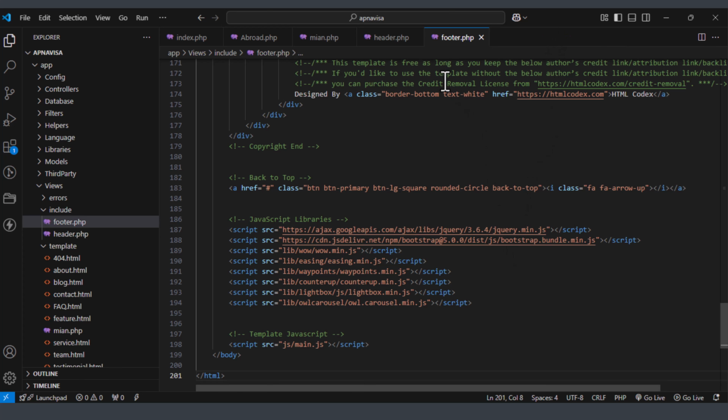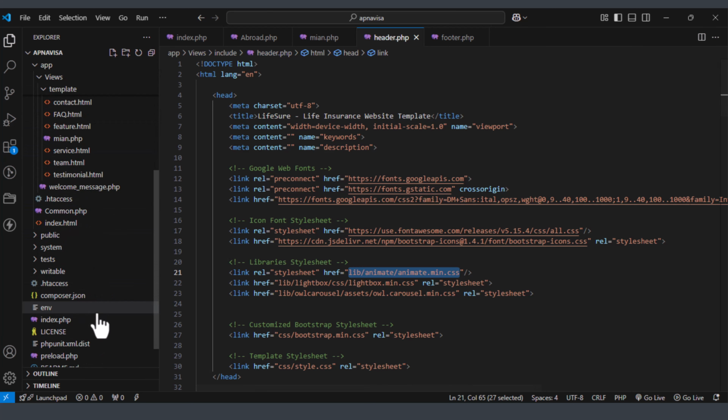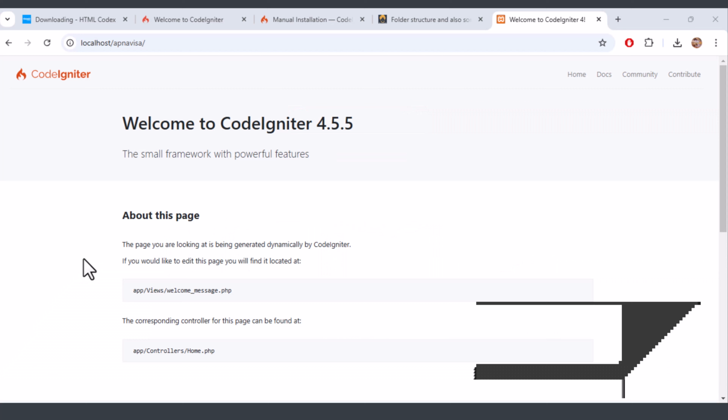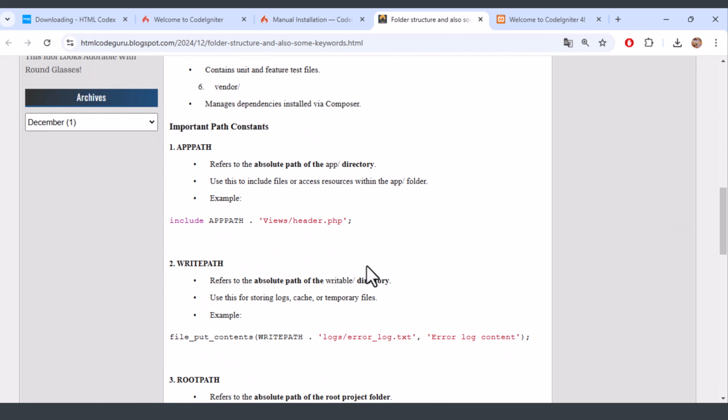Now let me load this file properly in our template. So the title needs to be changed, the meta description needs to be changed, and the library files, assets, and CSS files are located in some other places, so these need to be properly assigned. As I already have created them in public, we need to change it. So let me see. Basically, if you place any files in public, you can use them by writing